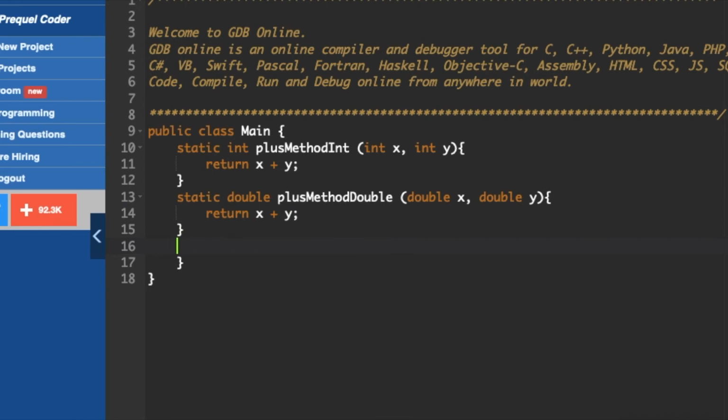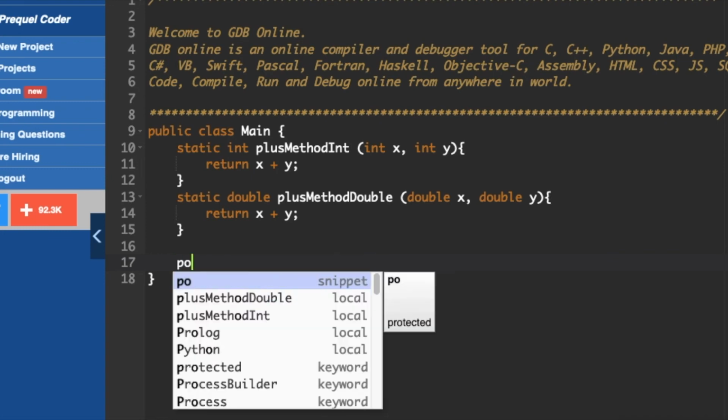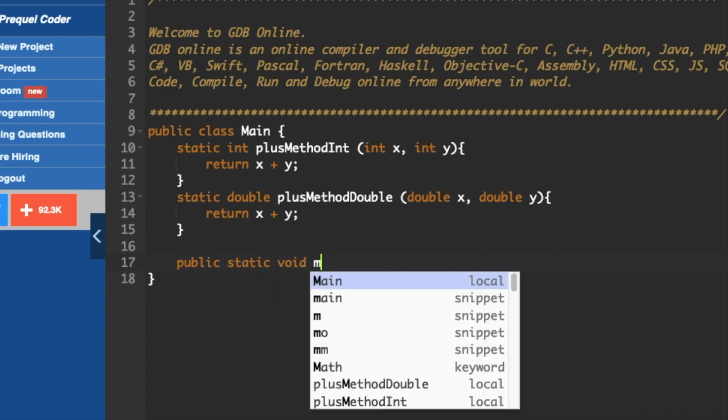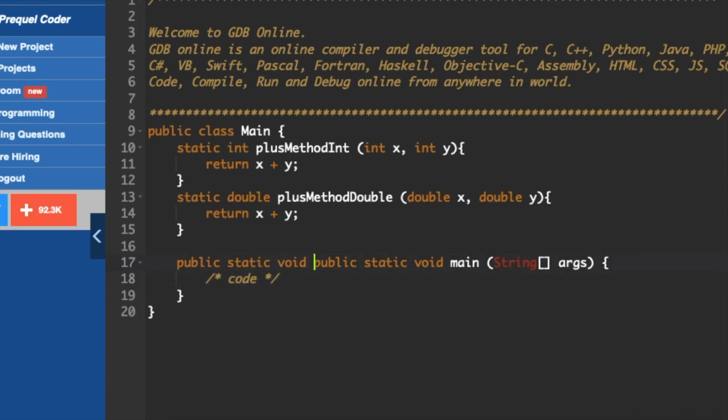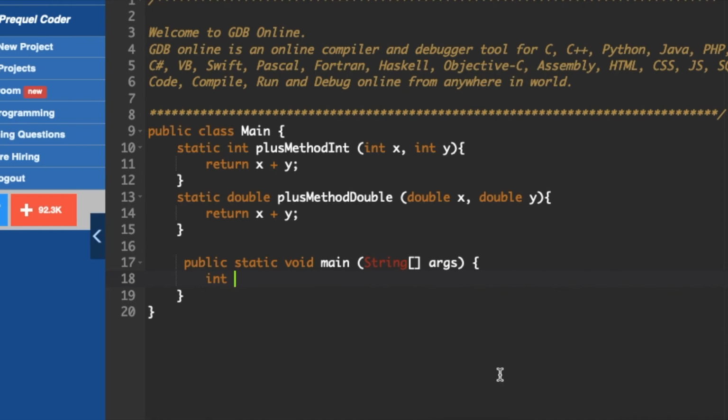Let us just try writing some lines of code here now. So I will declare a public static void main function, public static void main. Main, it's a snippet. So if you want to avoid writing too much, you can just use the snippet, it will take care of the code here. Now I want to declare my int to be, we shall declare some numbers,